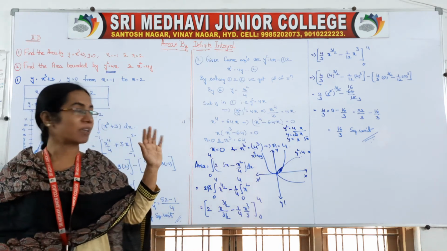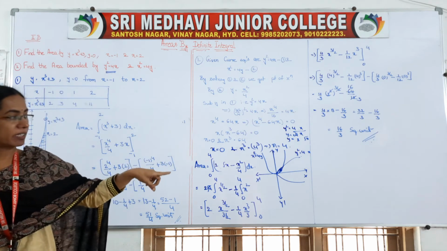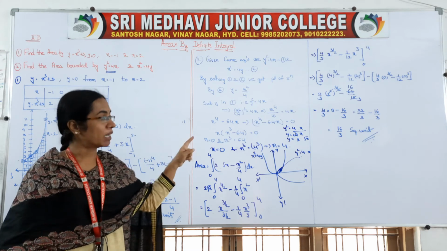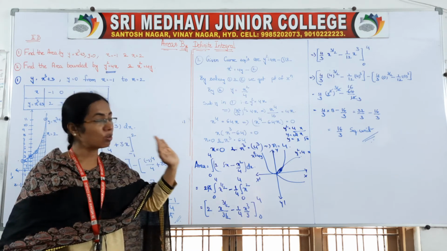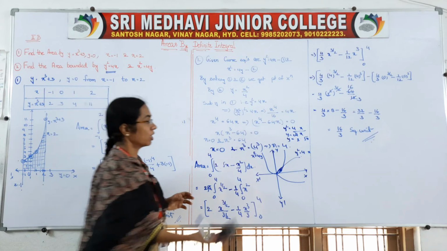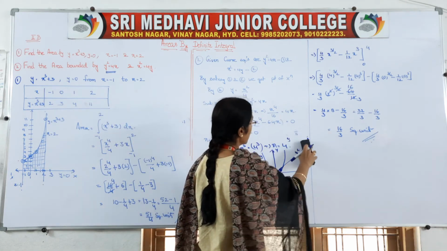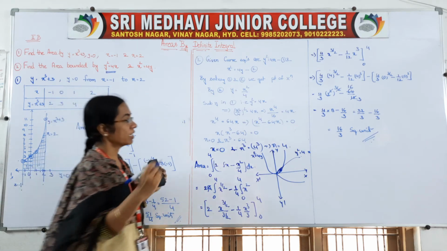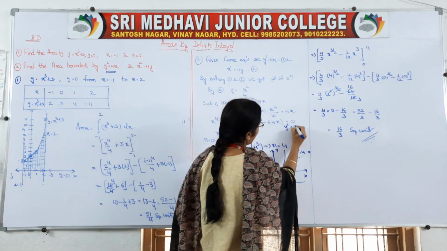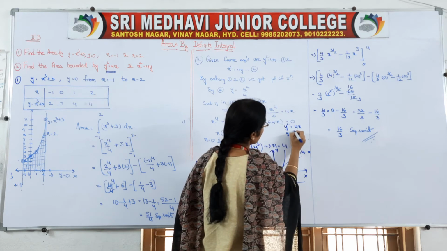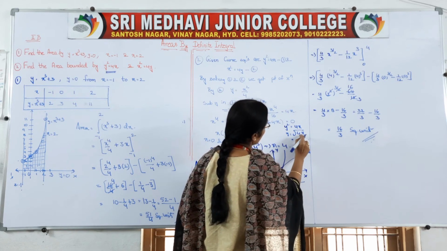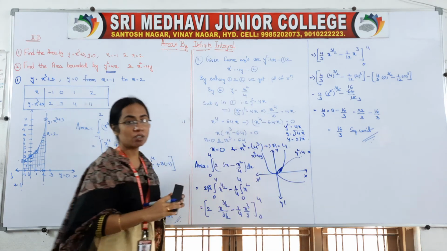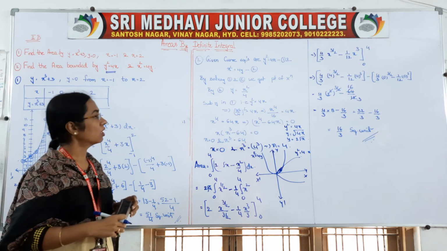Generally, when the parabola is in this shape, we will take y square is equal to 4ax, that's why I have taken it. But in the question y square is equal to 4x only is given to you. So from that we have to take our curve equation. So y square is equal to 4x, so y is equal to root 4x. Root 4 is 2, and 2 into root x is your curve equation. Be careful.